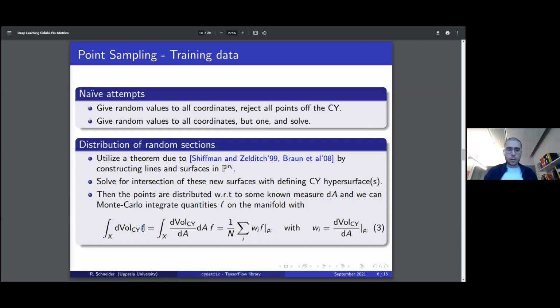So we have some quantity f, and then we integrate it over the manifold by introducing these integration weights, which are given by some antisymmetric product of pullbacks of some ambient measure. This equation here is important because the benchmarks to figure out if we have a good approximation to the metric tensor rely heavily on this Monte Carlo integral. So in the literature, there are 2 benchmarks, which are called the sigma measure and the Ricci measure, and those are essentially these quantities f here integrated over these Monte Carlo integrals.